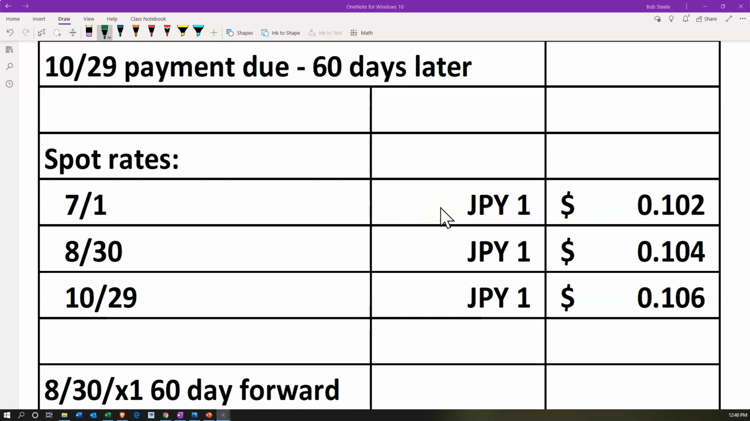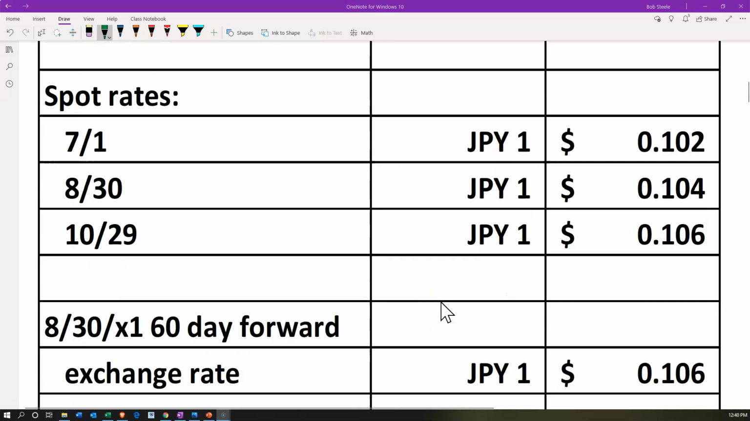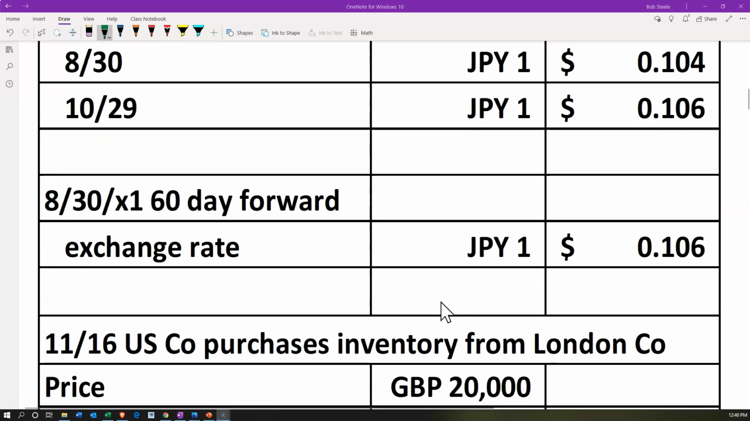So 1 yen as of 7/1 is $0.106. 1 yen on 8/30 is $0.104. And 1 yen on 10/29 is $0.106. On 8/30 X1, the 60-day forward exchange rate is 1 yen compared to $0.106. Now, we're going to put in these forward exchange rates because we will be using them later,